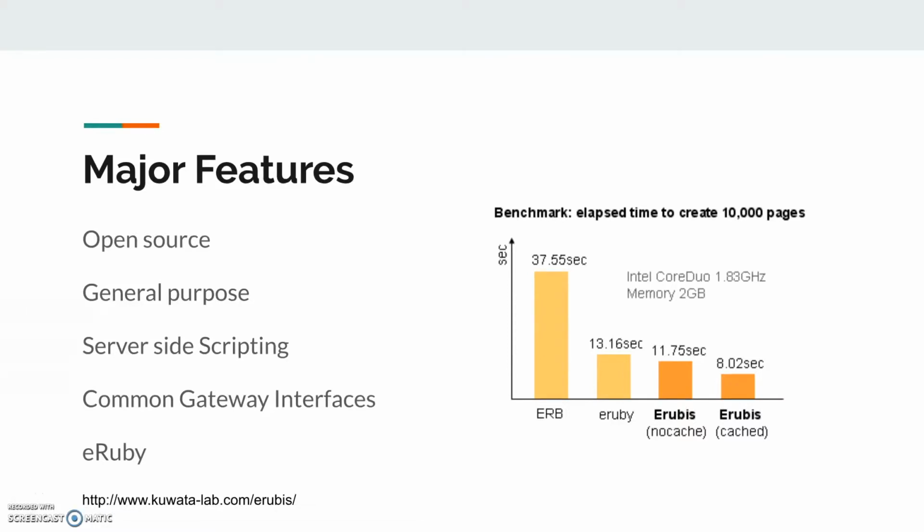eRuby is a template system that allows Ruby to be embedded into HTML like PHP. This can be used for server-side scripting and a way to package up and process forms in HTML. Another feature of Ruby being a server-side programming language is that it can connect to databases such as MySQL or Oracle so that programs run on Ruby can be lightweight to the user and can communicate with the server on the developer side so that bigger programs do not use the user's device's resources.